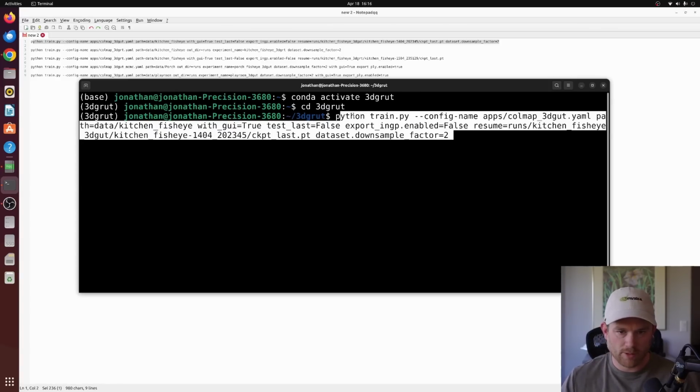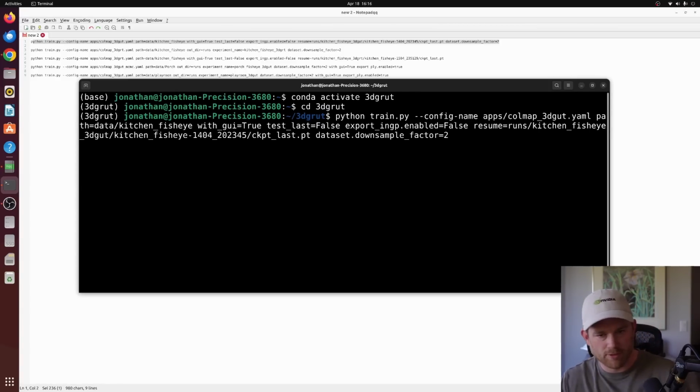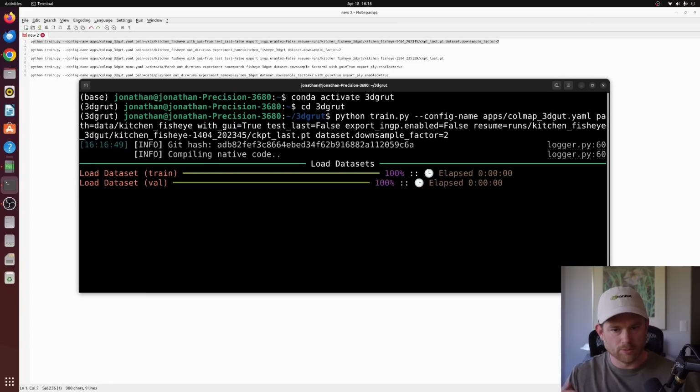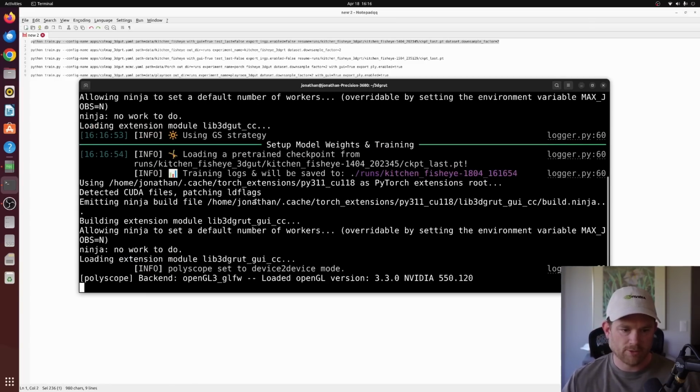And all you're doing, if it's just like other 3D Gaussian splatting that you've done, we use Python and we're going to pass through what's called a config file with some different parameters. And then we're going to tell it to launch with a GUI. I'm not going to get too deep in this until I get to further down in this video, but let's just launch this and you can see what it looks like in real time. It's going to load your images and it's going to launch a viewer, which is really nice because